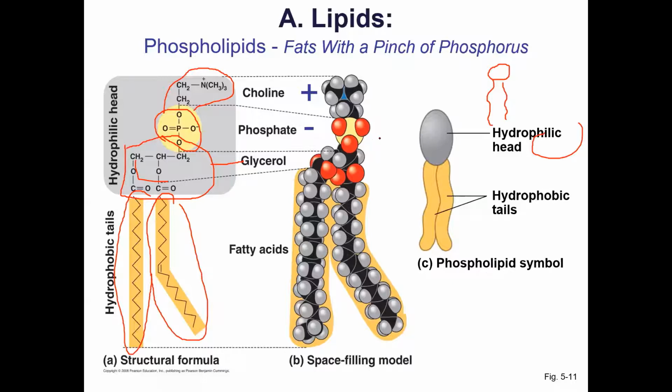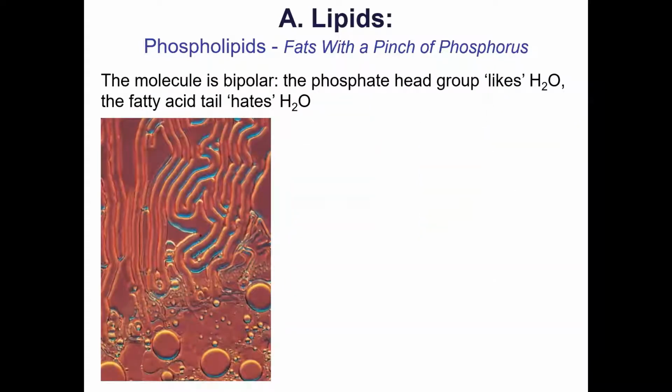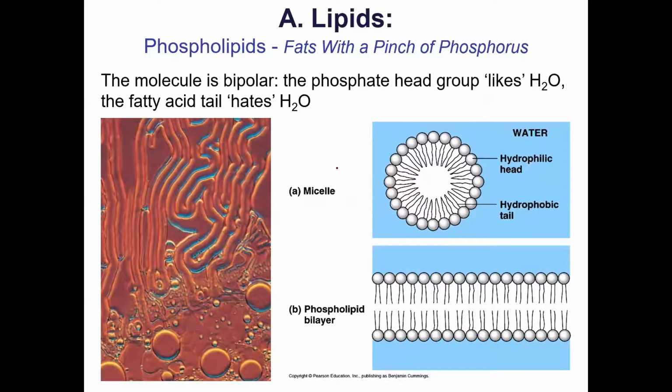So these phospholipids, if you throw them in water, this is what you get. You can actually buy these things from chemical supply companies. You could buy a kilogram of phospholipids if you wanted to. Throw them in water, and they don't dissolve in water. They clump up, and you can actually see they clump up sometimes in these little round things, and sometimes they clump up in other sort of long, weird structures. And these have names. The round structures are called micelles,